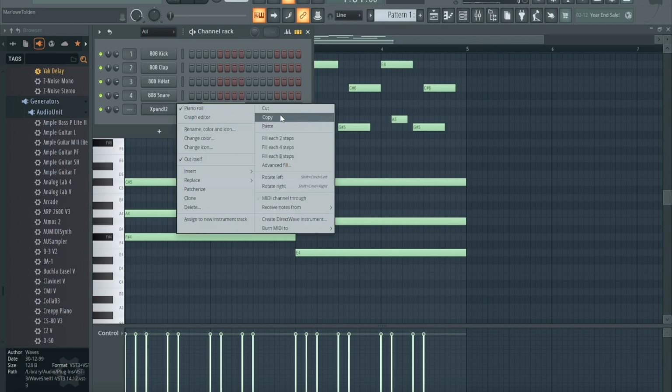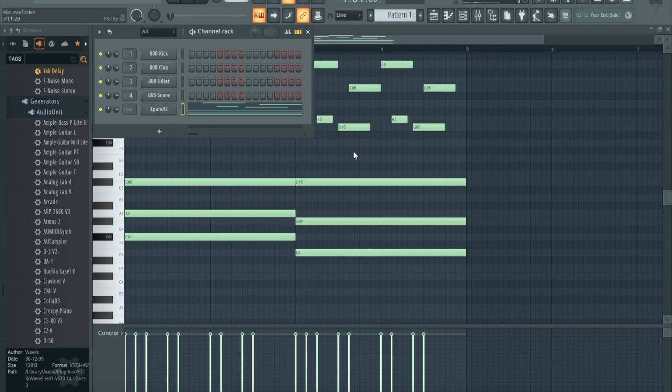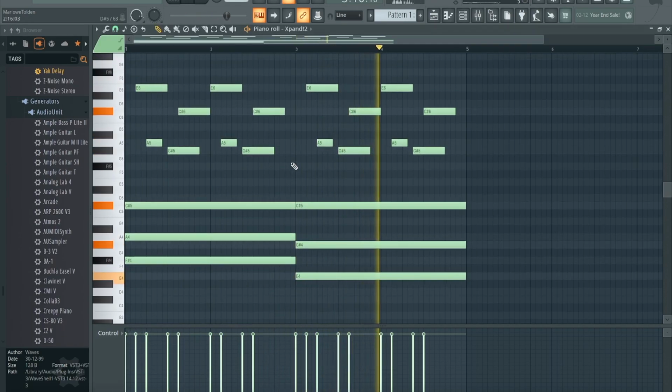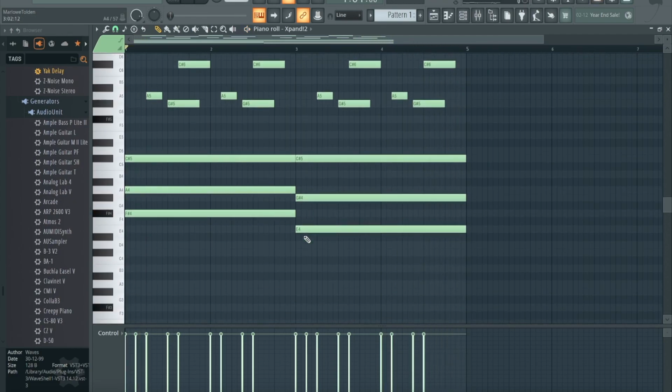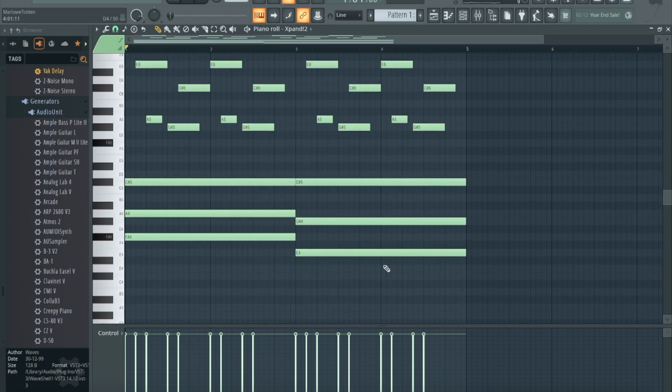So first thing you wanna do, go to the piano roll if you're not already at the piano roll. I'm gonna go ahead and play it and let y'all see what it sounds like. So nice little melody, right? Cool. So the first thing y'all can do, especially if y'all are making chords,